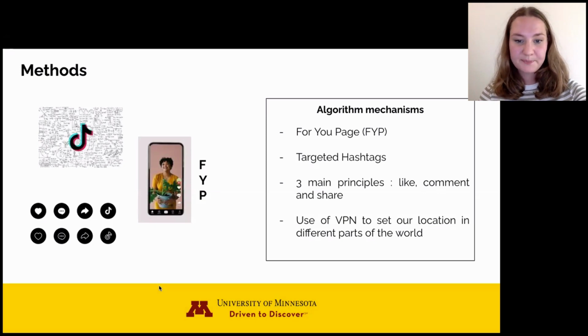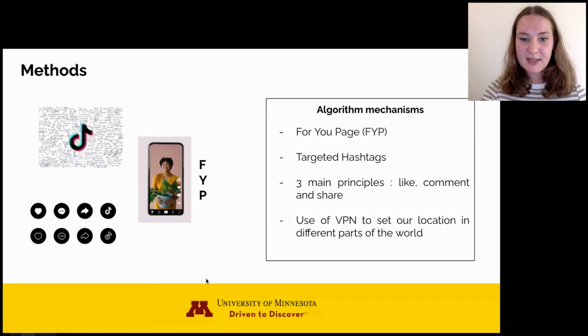So the artificial intelligence of their algorithm continues to suggest videos that offer you the same kind of content. And since the algorithm is constantly looking for content that pleases the user, we only watched, liked, and saved videos related to the main interest of each profile. We created 8 different profiles that enabled us to collect a large amount of data and explore a variety of topics. We also used a VPN to set our location in different parts of the world.